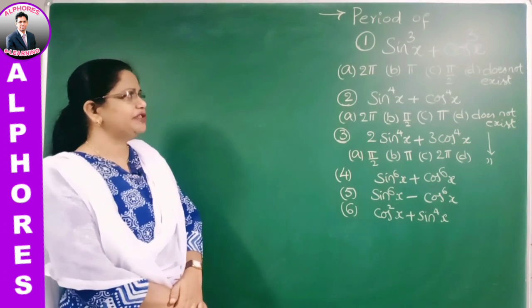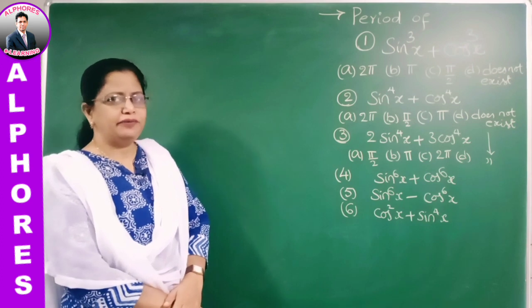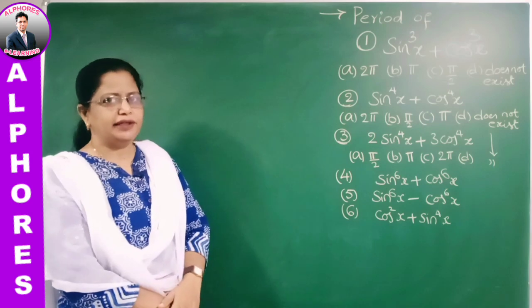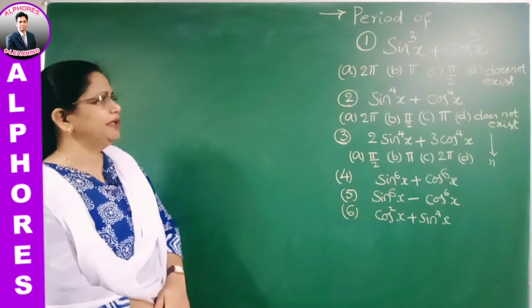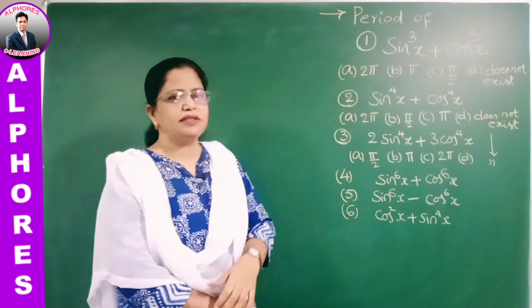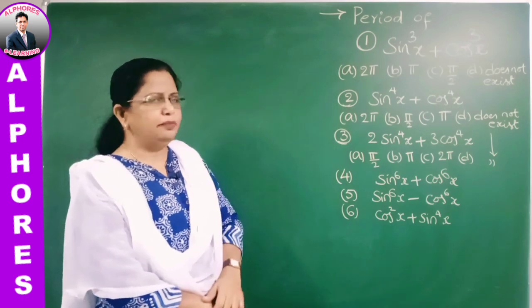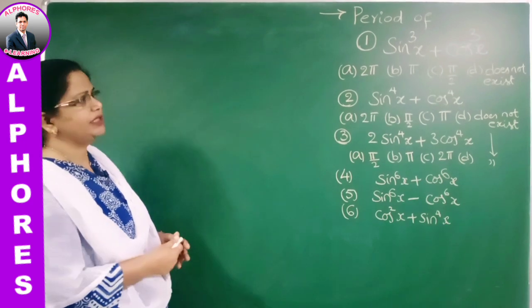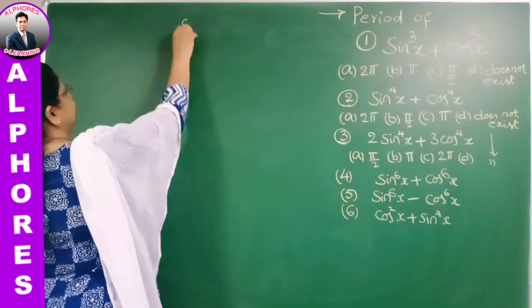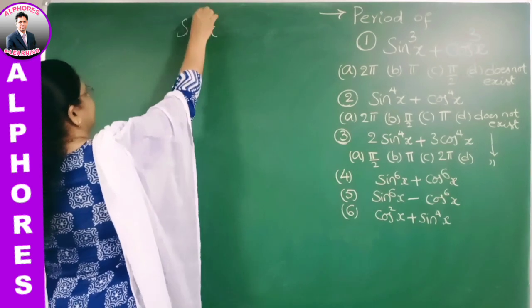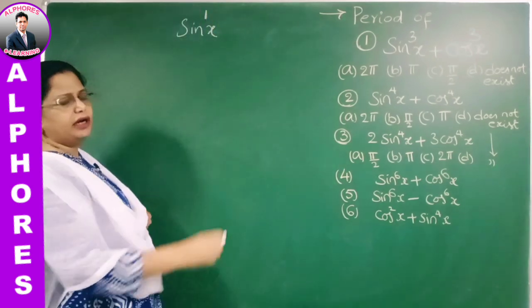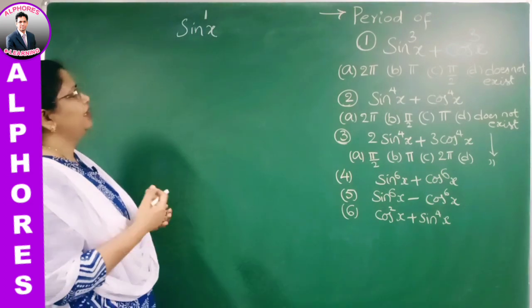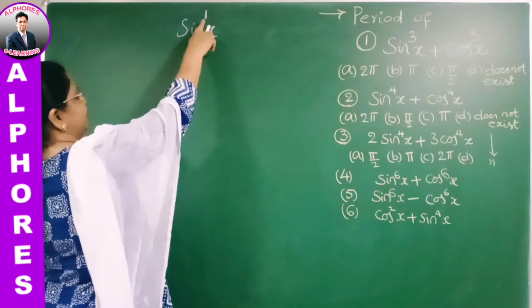In the previous session we discussed the product of trigonometric functions and how to find the period, and this one is a continuation. Now students, observe here: this one is sin cube x plus cos cube x. What about the period here? Actually we found the period for all linear kinds of functions. Linear means they have first degree. Sin x here is first degree. However, the x coefficient could be 2x, 3x, minus x, whatever, but we have taken the first degree